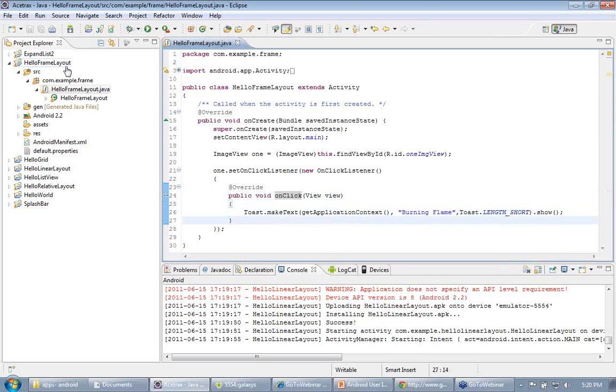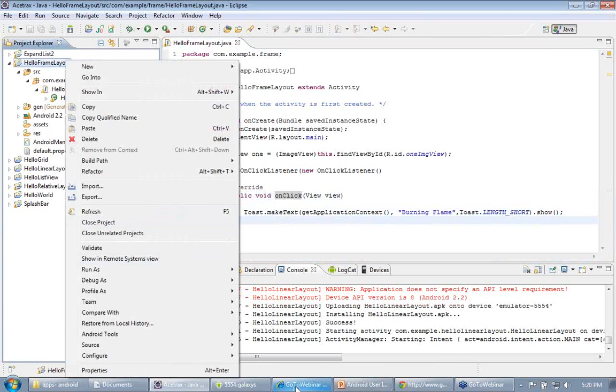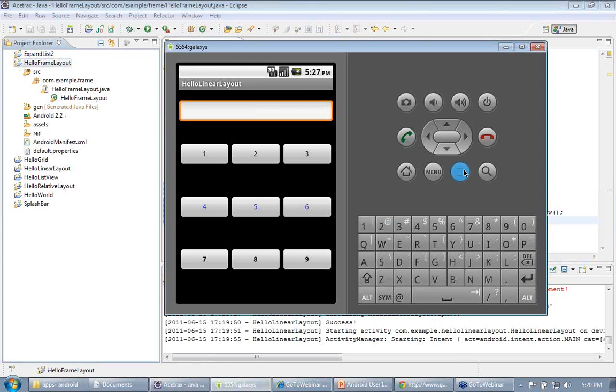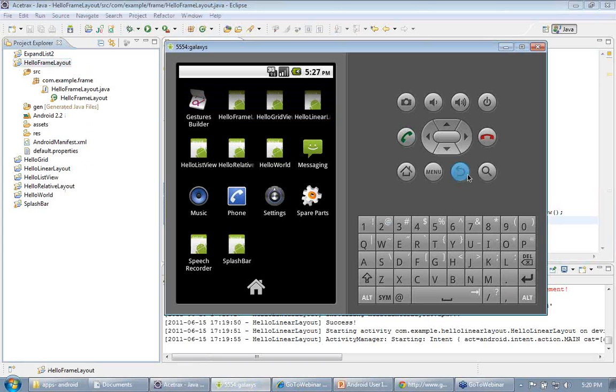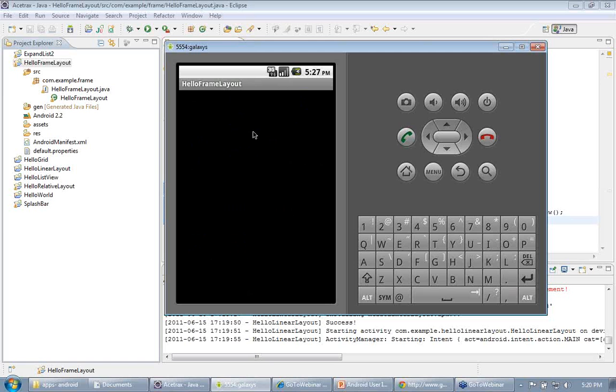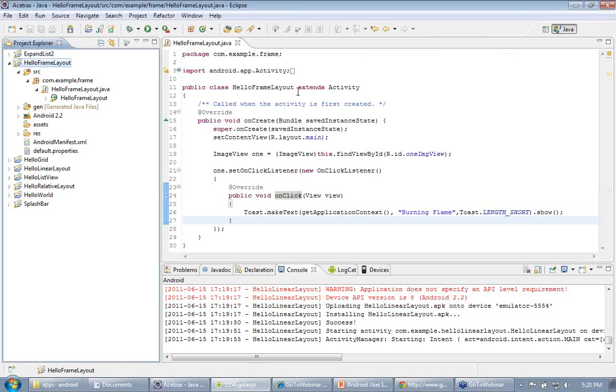So just showing you an output over this. You can see a burning candle in this output. So what we have done is defined an image view and called the image view using find view by ID.